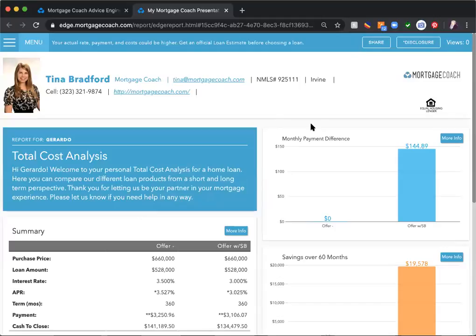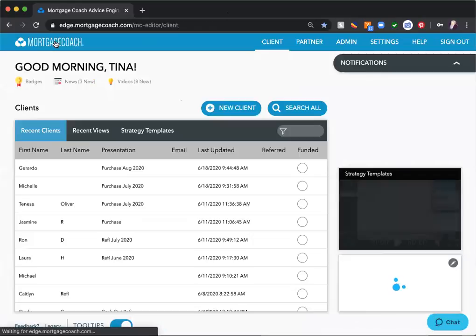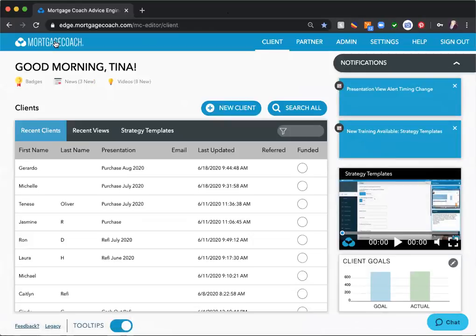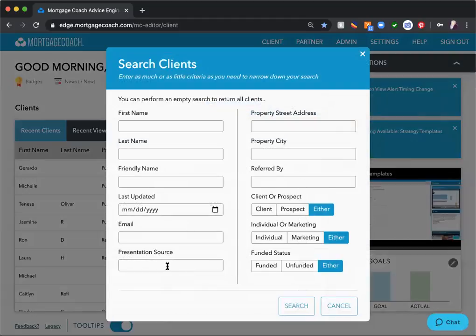So yep, that will make it so you don't get it, and that will also make it so you don't have false information. You know how before I was showing everyone how I was placing July 2020 in there? Let's say my manager wants to know how many loans I now plan on closing. If I click into my search all, I can actually come in here and